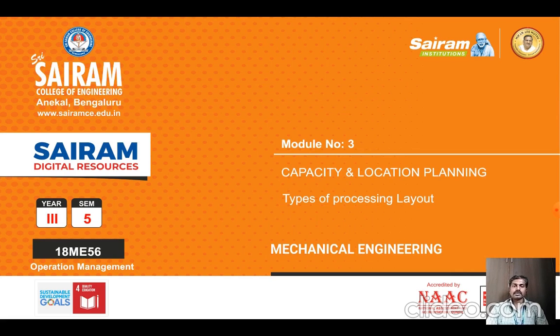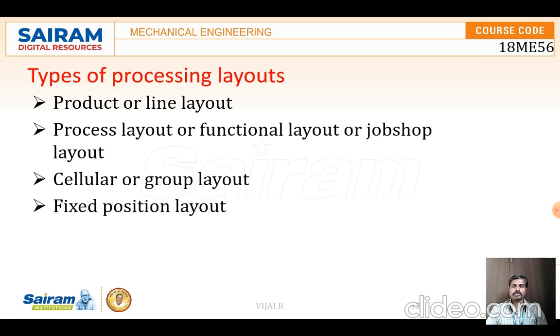Okay, so layout decisions. We have seen location decisions, and now layout decisions. What is a layout? Layout is the place. It helps us to manage the area, how to locate the materials, and how to keep the men, machines and materials, that is, the resources for an industry, in a proper way. Normally the layout helps us to improve productivity, and it helps the workers to work safely.